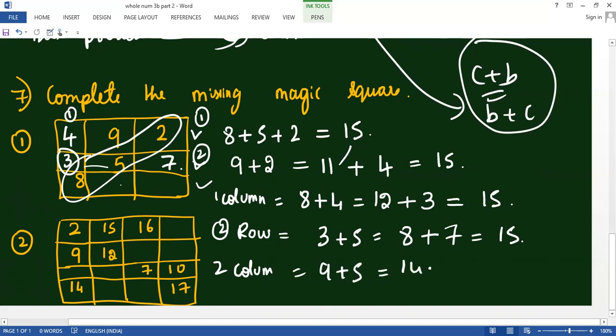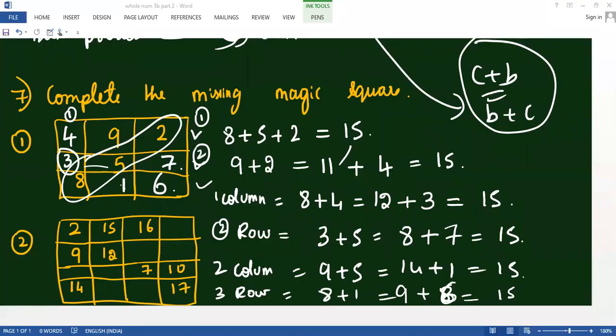14 will be there. 15 means easily we can predict, that is we need to add one number, 1. And the last row, that is the third row. The third row says that 8 plus 1 is equal to 9, but we need to get 15. So we need to add a number. If we add 8, then if you count, 9, 10, 11, 12, 13, 14, 15, 16, 17 it will become. So let me reduce this number to 6. So 9, 10, 11, 12, 13, 14, 15. Exactly. So this could be the sixth answer.